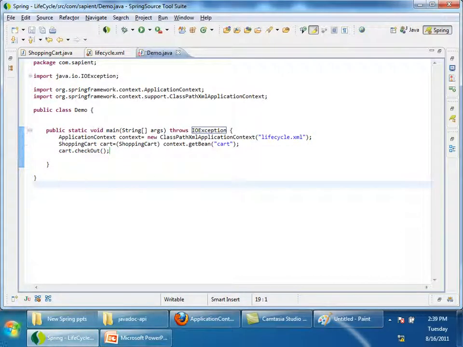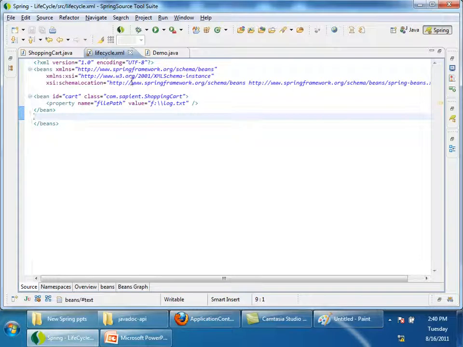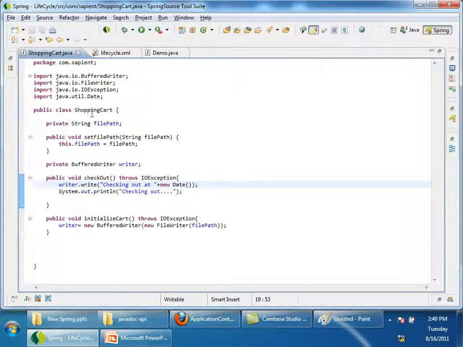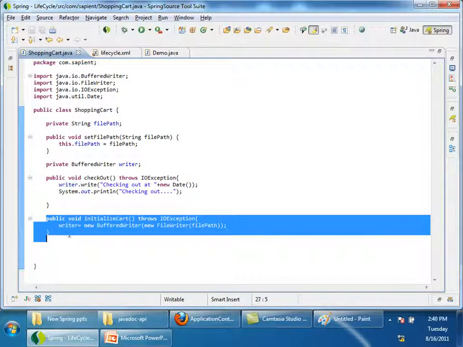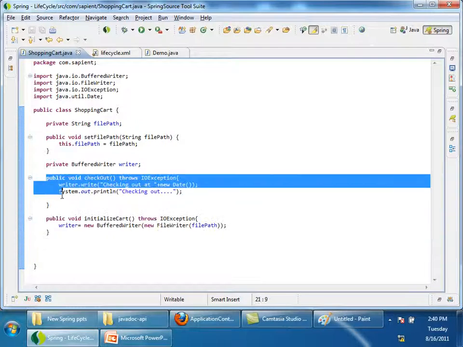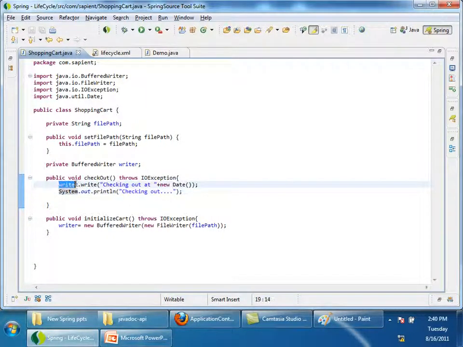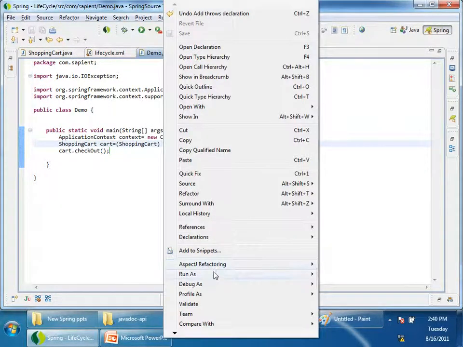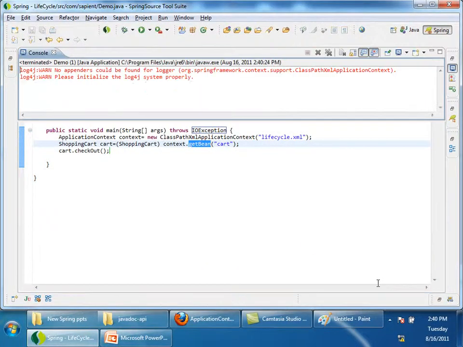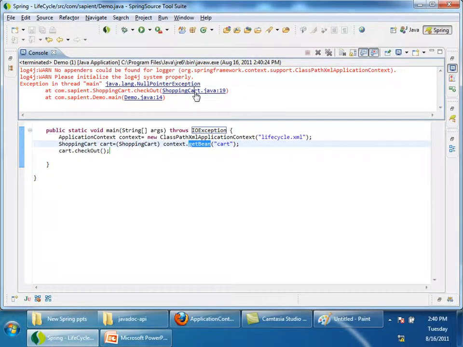Okay. Now what I did, I just got the cart. When I get the cart is injected with file path, right? File path is initialized, but this method is not called, right? If I call the checkout method, what is happening? Will it cause null pointer exception? Writer will be null if this method is not called, right? I'll get null pointer exception if I run this now. A null pointer exception because